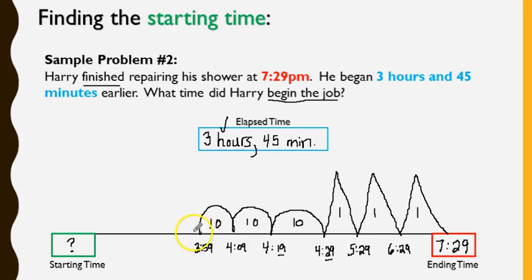And then I'm needing 45 minutes. So far I've subtracted 10, 20, 30, 40. So I was 3:59. Now I'm going to 3:49. Okay, so now I need 5 more minutes because it's 45. So let's go here. Subtracting 5 minutes off of that, it would be 3:44. Okay, so we can erase this question mark now, and we can write in that our starting time was